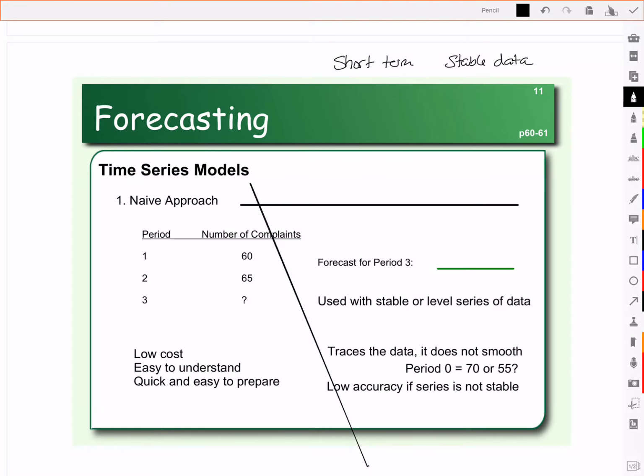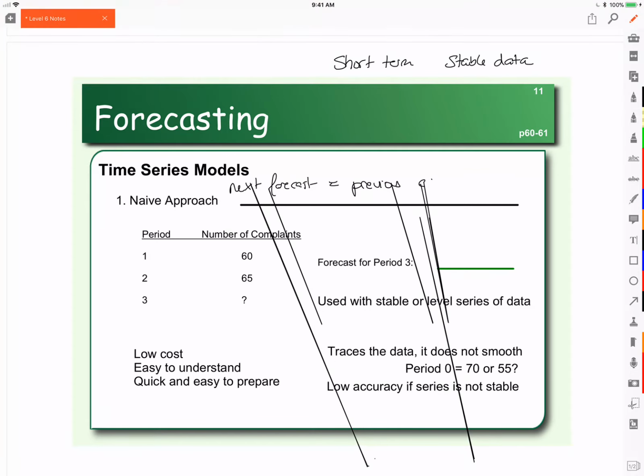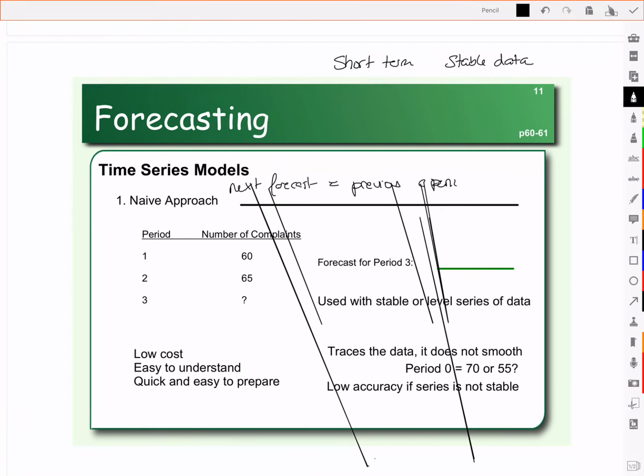The naive approach is when your next forecast is equal to the previous period's actual value. So the idea here is that if you're forecasting a period into the future, you simply use the previous actual number. So for example, if you're running or managing a bank and here's the number of complaints we